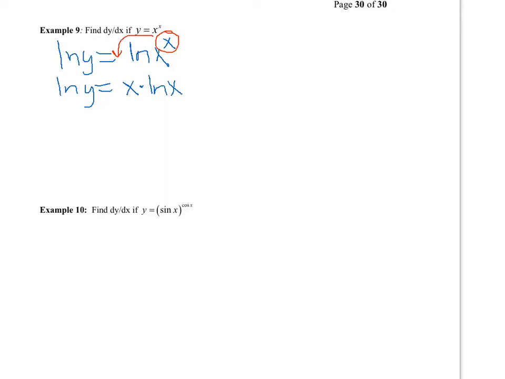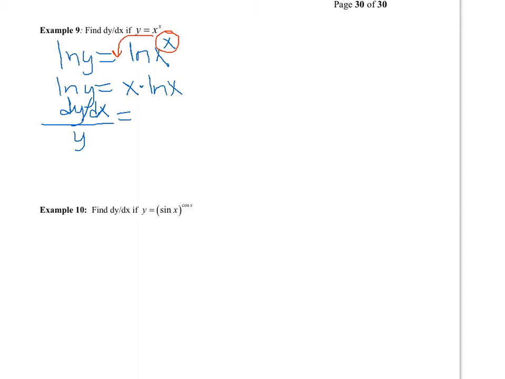Now you can take the derivative of both sides, and we're going to have to do it implicitly since we have y as a function of x here. We're using the rule that we learned just recently, the derivative of a natural log: the derivative of the argument over the argument. So the derivative of y is dy/dx. That looks kind of silly, let's fix that. Okay, dy/dx divided by the original argument, so that's y, equals